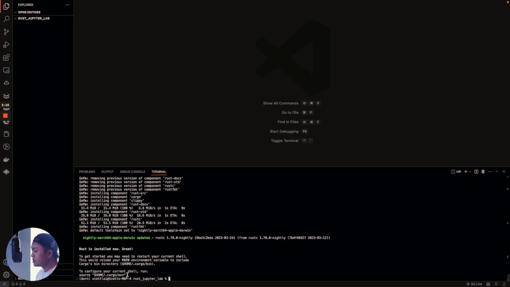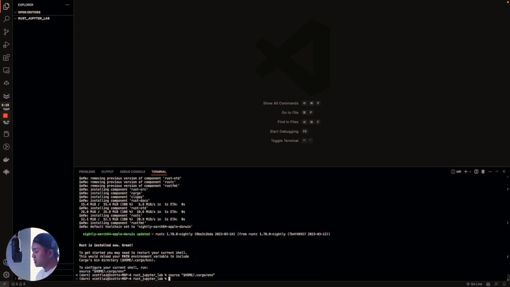Yeah, so after you're done, you can just configure your current shell using the source code. So it will directly install the cargo environment in your Jupyter Lab. The next step is we need to install EVCXR, which is a package to actually execute the Rust code in the Jupyter Notebook. So what you need to do here is just cargo install